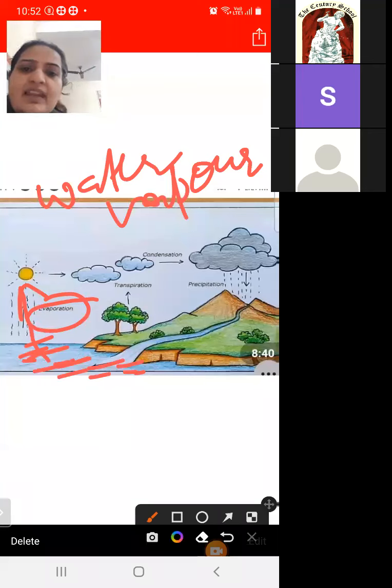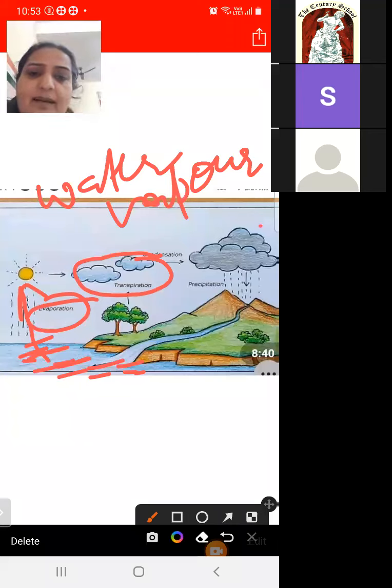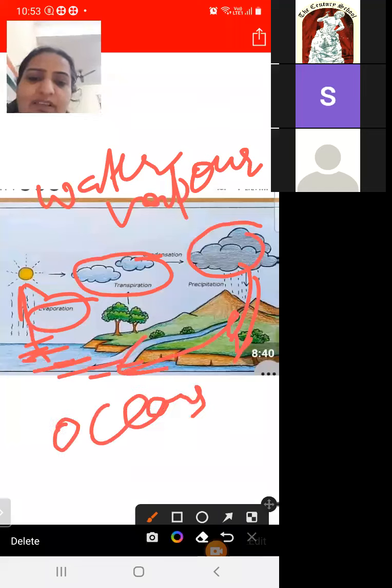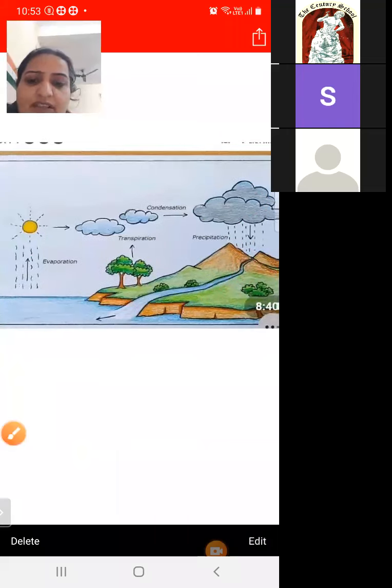And जो सारा का सारा पानी है वो water vapor में convert हो रहा है, and this process is called evaporation. And then ये water vapor फिर किसमें convert हो रहे हैं? Tiny drops of water में convert हो रहे हैं, and they form clouds. And this process is called condensation. जब ये cloud heavy हो जाते हैं तो ये rain की form में दोबारा यहाँ आ जाते हैं ground पे, और finally this water goes into the ocean. So this circulation of water is known as the water cycle.